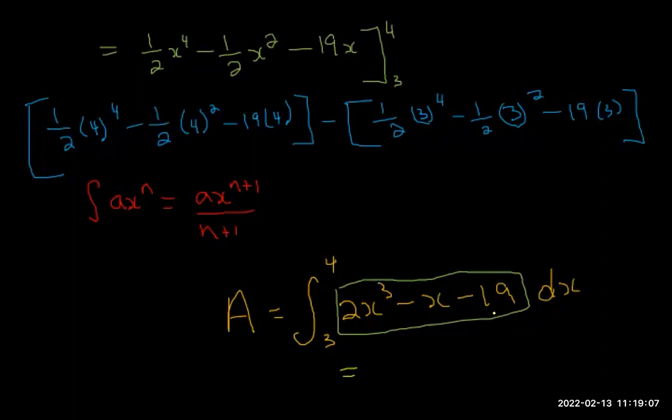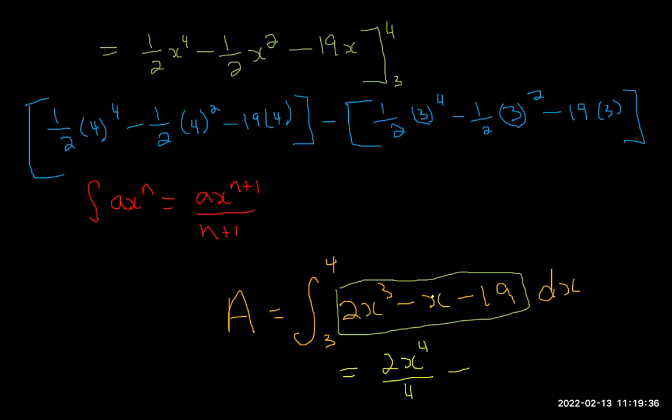So we're just looking at this, right? All we're doing is integrating this by first term, 2x cubed. If I use this rule, I'm going to get 2x to the n plus 1. N in this case is 3, right? 3 is the power. So it's 3 plus 1, which is 4, divided by 3 plus 1, which is 4,